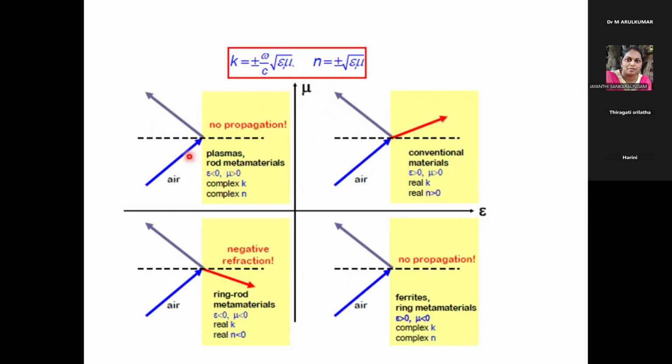If the electromagnetic wave is incident on a plasma or metals, what happens? There will be complete reflection. There is no wave propagation. Even if it is traveling, it is getting attenuated. If the conductivity is infinite, we'll have total reflection. There will not be anything entering into the material. The same thing is going to happen for ferrites also. If incident, it will get reflected. There is no propagation. But what happens here, you see, if it is a double negative refractive index material,